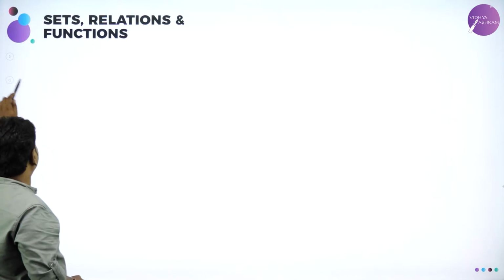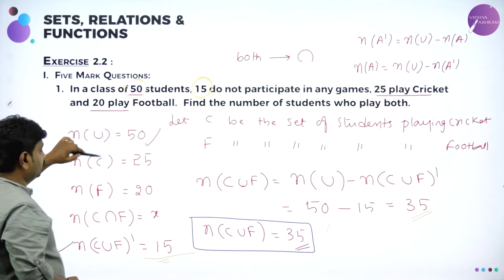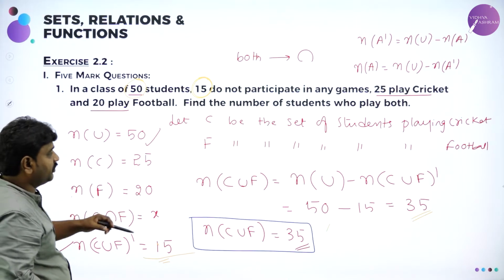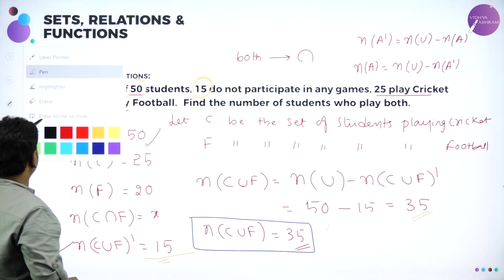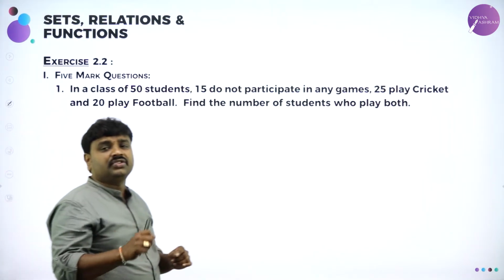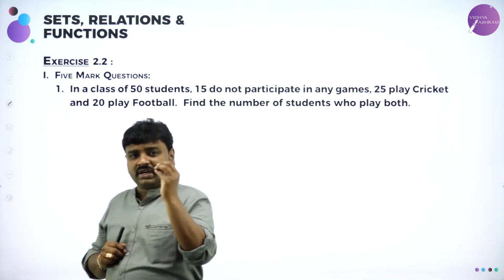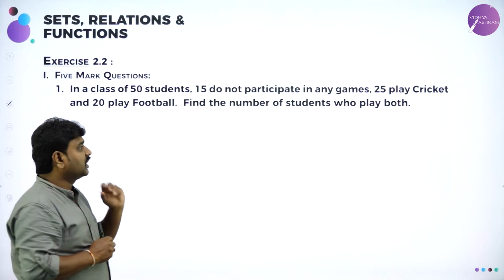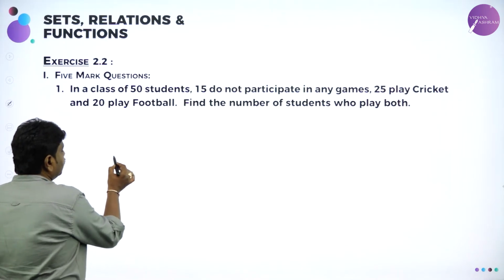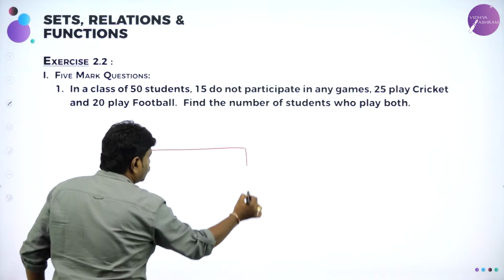Can we do the same problem by another method? Yes, we can. This is a formal problem I have given. So now I'll do the same problem by the other method, that is the Venn diagram method. What is the second method? The Venn diagram method. And again we should get the same answer. What is the answer we got? 10. So we'll see. For a Venn diagram, first you should draw a rectangle.